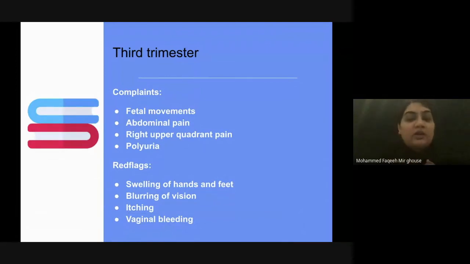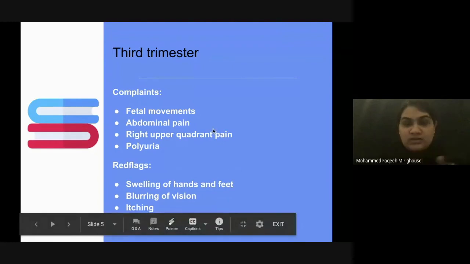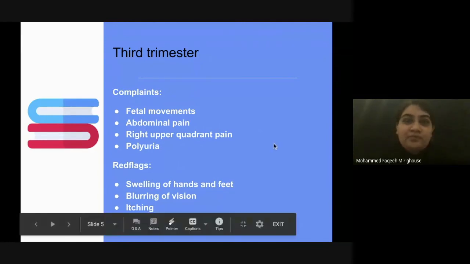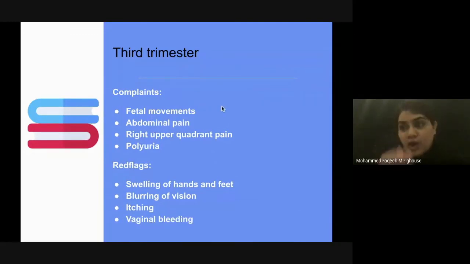Okay, now let's talk about these things. Now what happens in the third trimester? There are some conditions which make the management for these patients different. So what are those complaints? When I talk about fetal movements, decreased fetal movements means you have to decide for same day or urgent referral